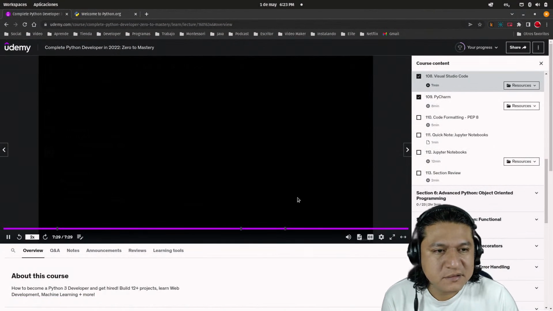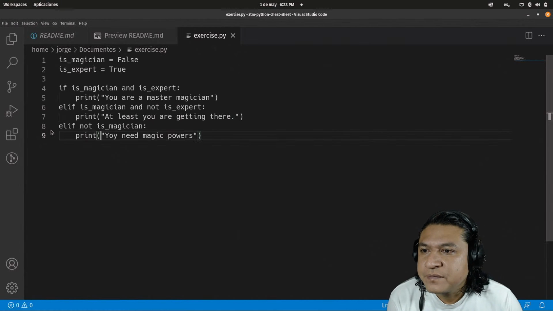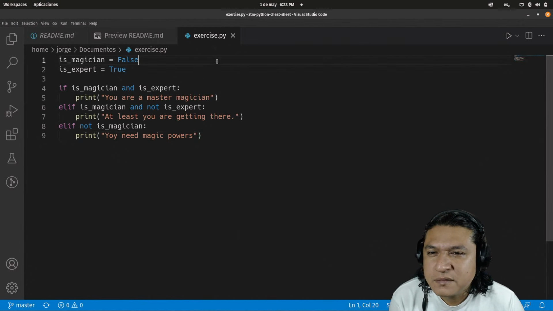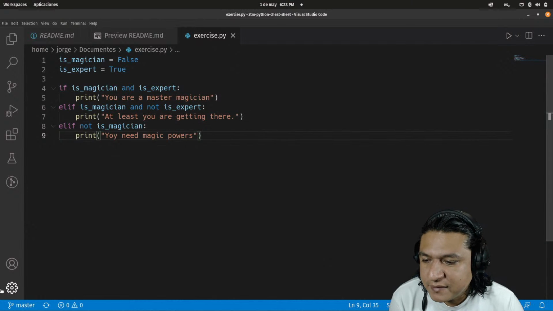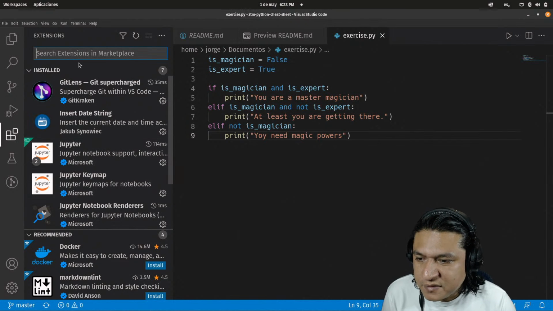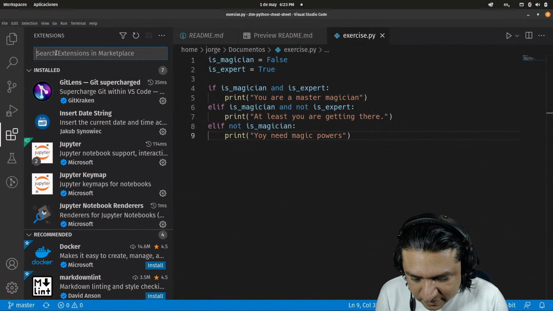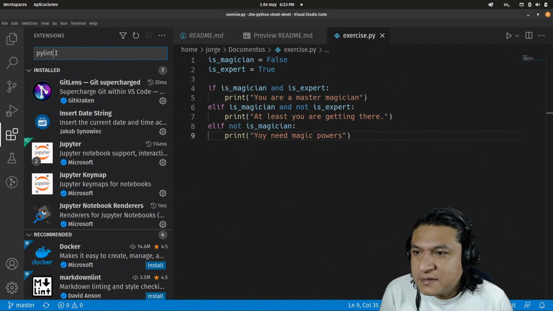Okay. Let's try that one, actually. Let's try to install Pylint, because I don't have it. Let's open this. Here we go. Well, I actually have... okay, let's open extensions. I do have some stuff here. Even Jupyter is here, but I don't know what that is. So let's search Pylint